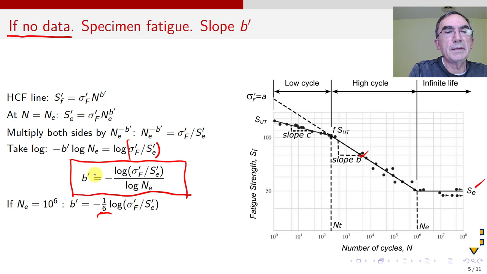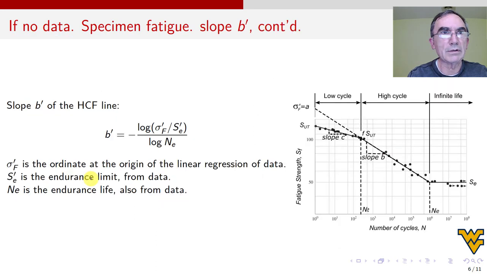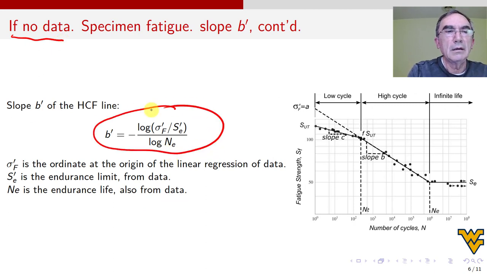So how am I going to calculate B prime? Well, the thing is that these two numbers can be estimated for low carbon steel. There is a lot of data. I'll show you. And so if you can estimate these two numbers, then boom, you have the B prime. All right. So then we have the B prime. What else? Again, I have no data. So no data, there's no B prime. We have the equation that we like and we remember.